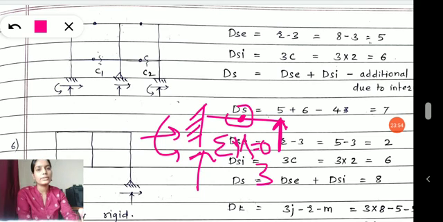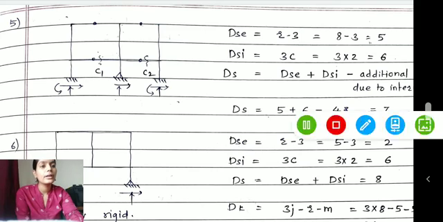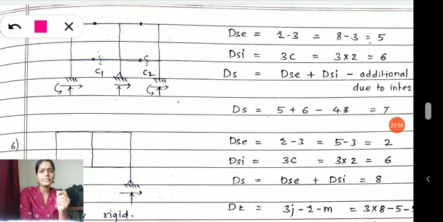So you should avoid such issues. You should understand what will make my structure more stable. That is important. But if it is making complex, you have another way to deal with it, but you should not approach for the unstable structure, right? So let's see in this problem how I will calculate DSE.